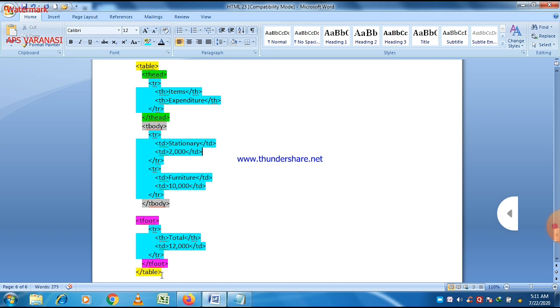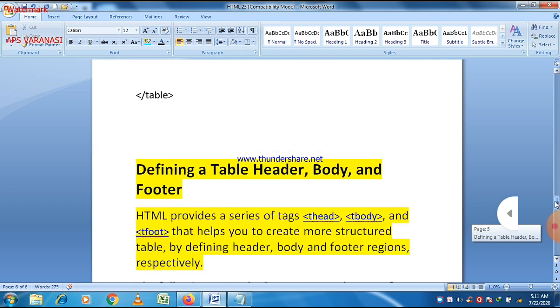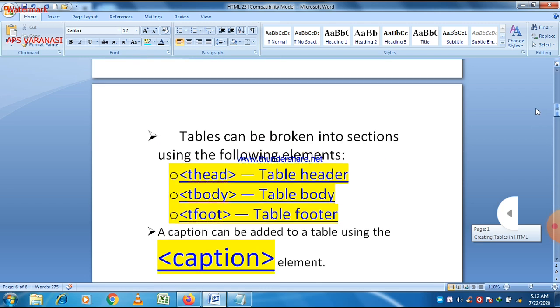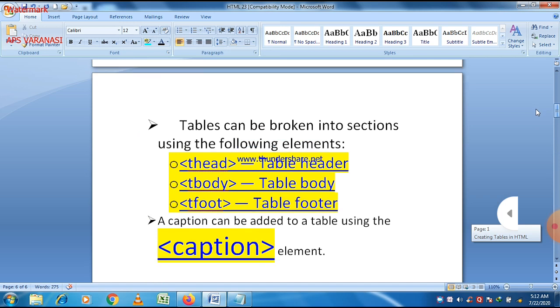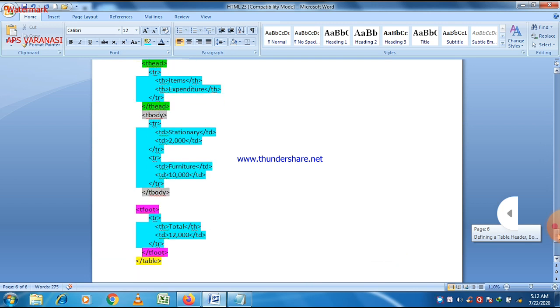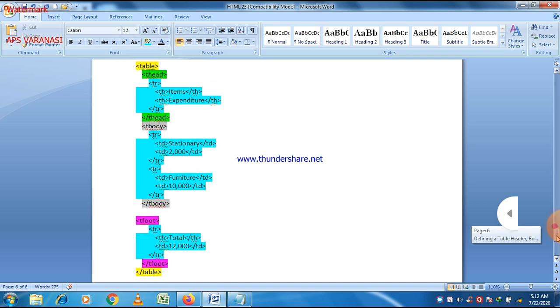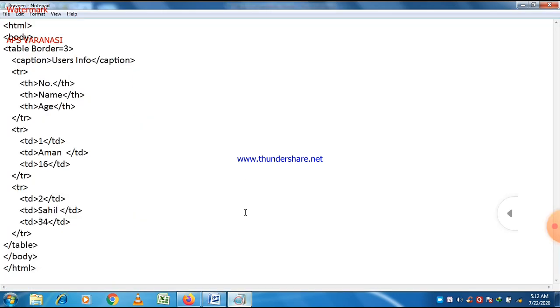But now our focus is to divide a table into three different sections: table header, table footer, and table body. For table header we use T head, for footer we use T foot, and for table body we use T body. Always remember that these are the three different tags here. So this is a complete program now with proper marking. Now I think it is clear to all of you. So let us check its practical implementation. Let us implement this practically.